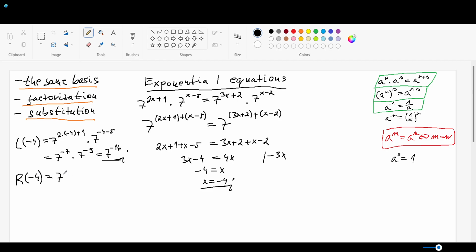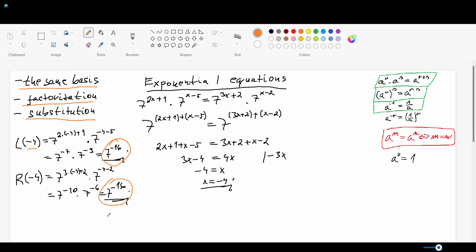It's going to be 7 to the power of 3 times negative 4 plus 2 times 7 to the power of negative 4 minus 2, which is 7 to the negative 12 plus 2, is negative 10 times 7 to the power of negative 6. Again, we are using the formula here on the right side, which is of course 7 to the power of negative 16. As you can see, the value of my left side for x being negative 4 is equal to